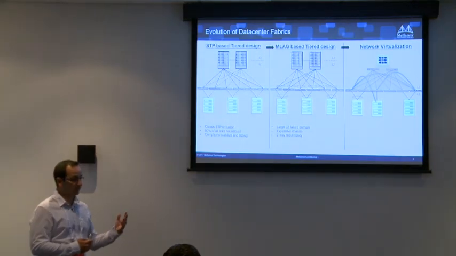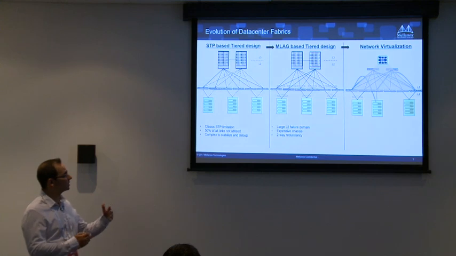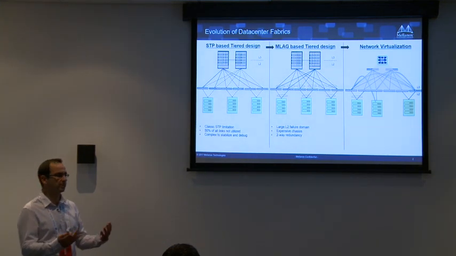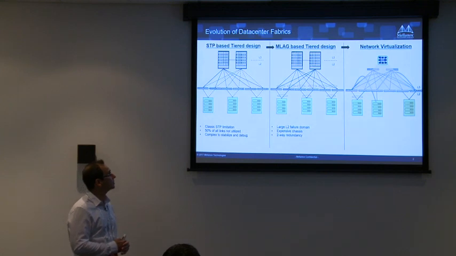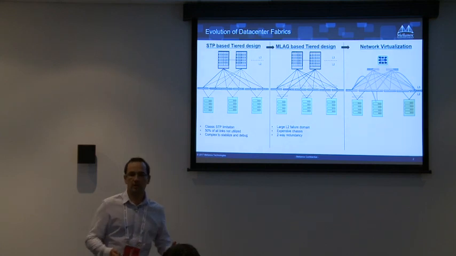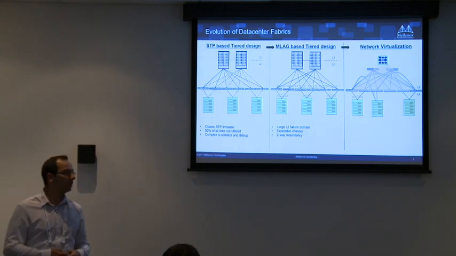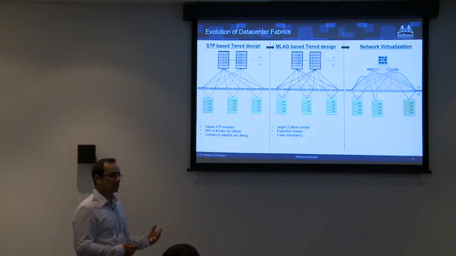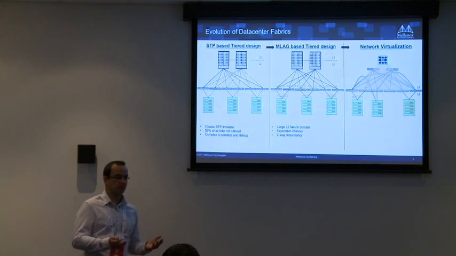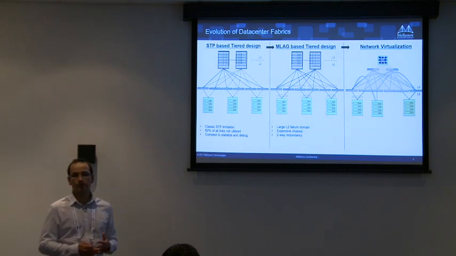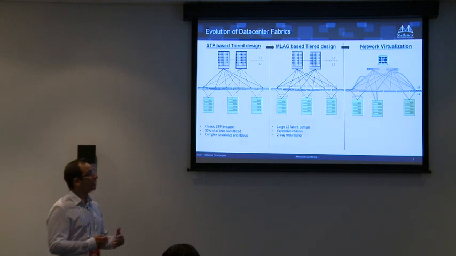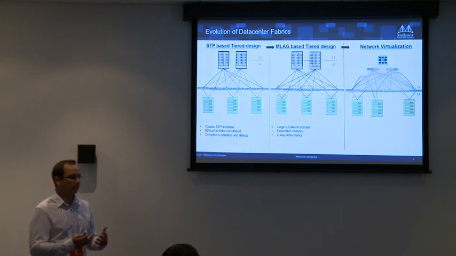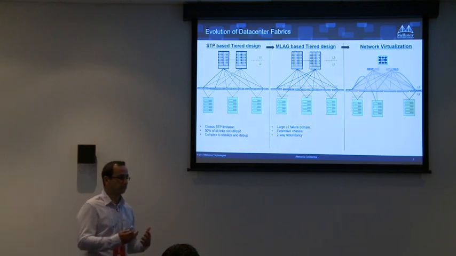So this is this solution. It was a way ago. Again, using 2 chassis connected through a VPC or MLAG or any other solution was the kind of a next generation where by this proprietary solution, you utilize all the links that you have using layer 2 from top of rack to the spine, using 2 chassis, and this was the solution. But the problem with this solution is, first of all, it's a proprietary solution. Second of all, it doesn't scale. Okay, so you can put 2 chassis. It's a kind of, let's say, can be a dangerous thing.